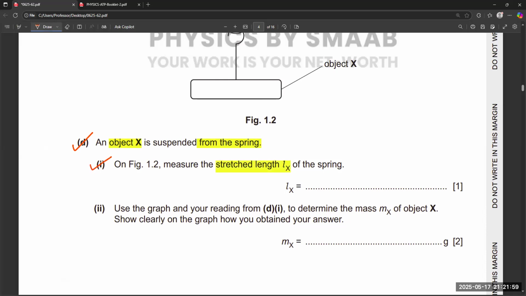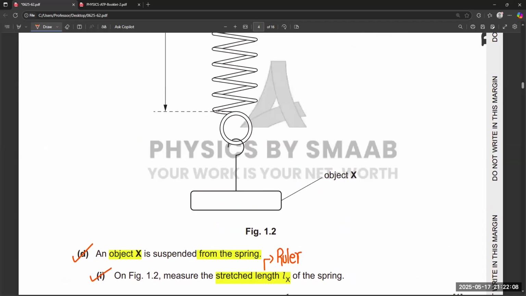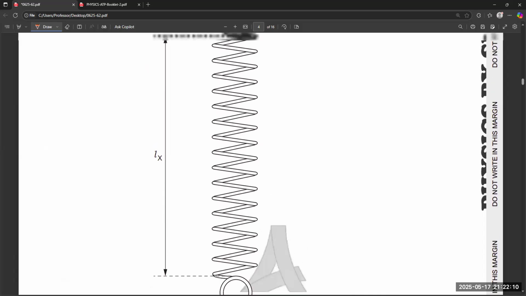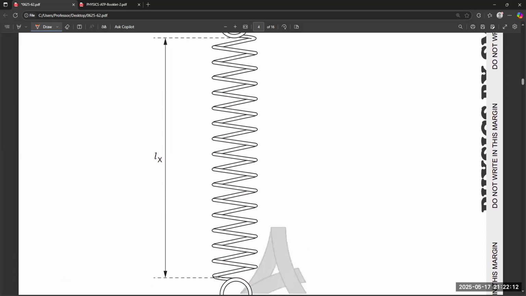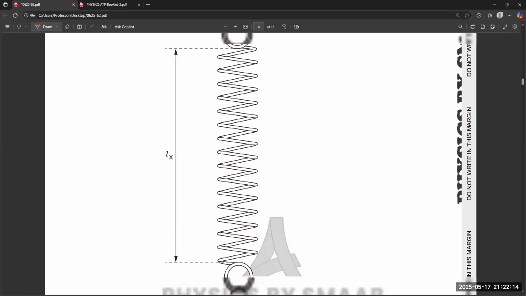So it is very simple. You remember we always used to measure with the help of a ruler in this type of question. So we have to use a ruler. And right now, again, I'm marking on the screen. On paper, you will get a different reading because on a screen we have a zoom in, zoom out option. But right now, I'm getting 10.678. So you have to measure with a ruler.